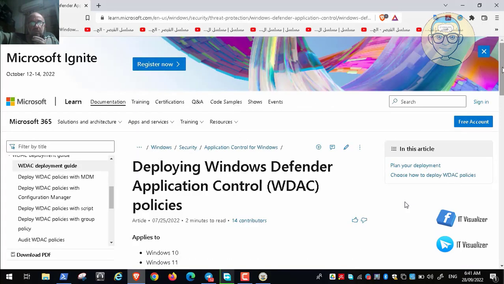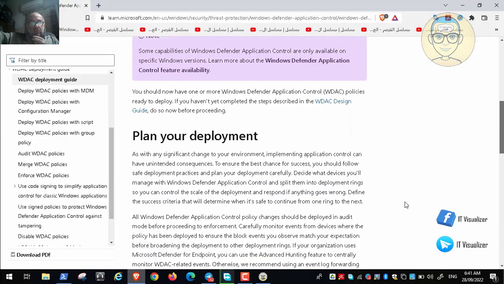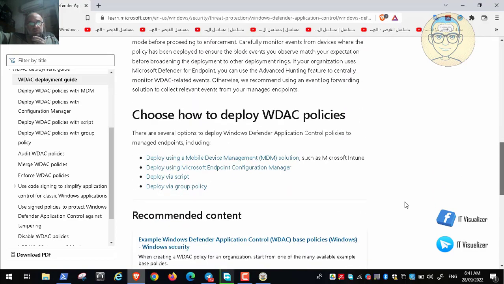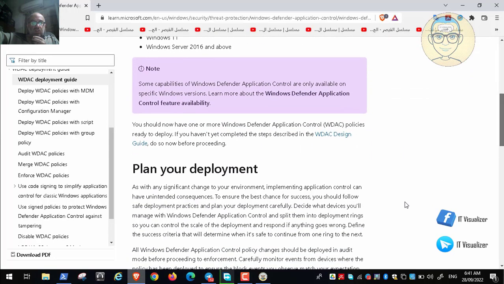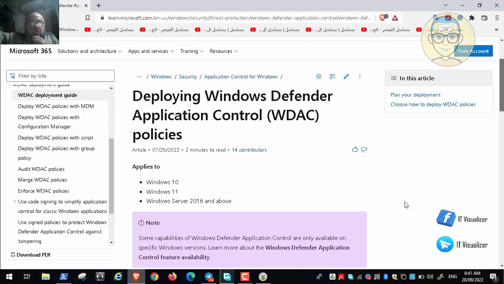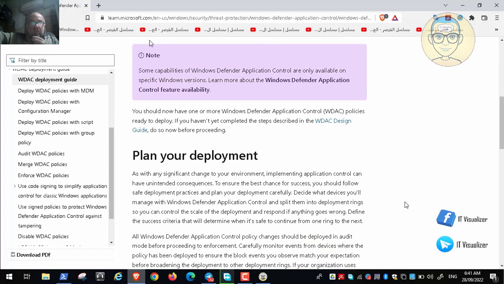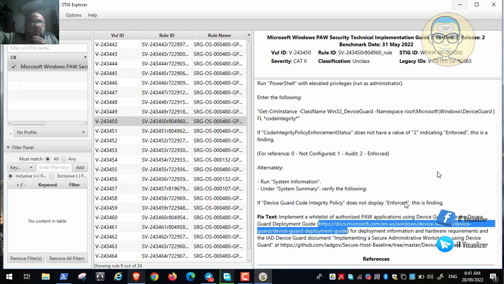Anyway, this is how we can do it. You can use this documentation to plan your Device Guard code integrity policies implementation. Anyway, I think AppLocker is fine for me. So this is one, and then you can use another